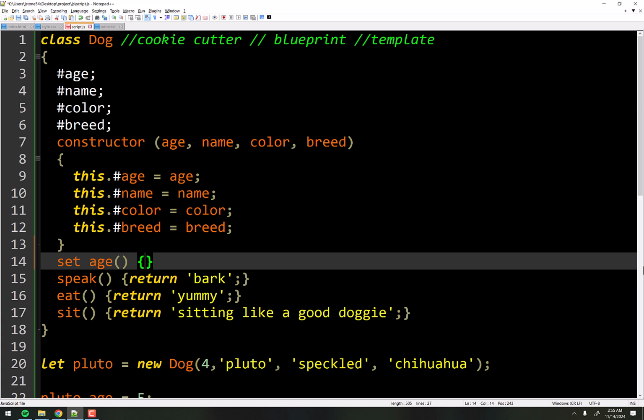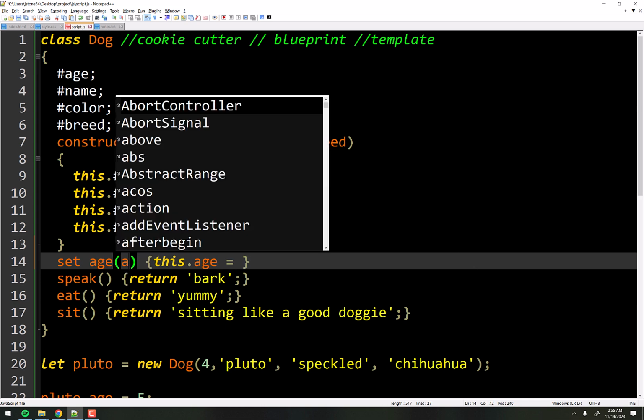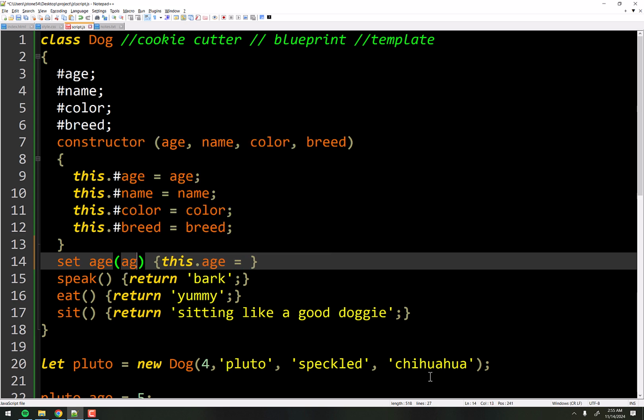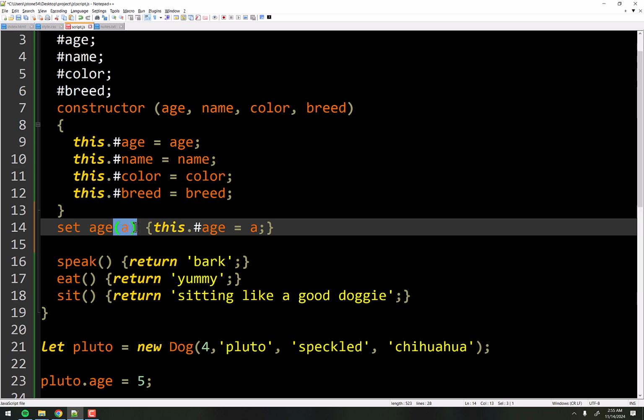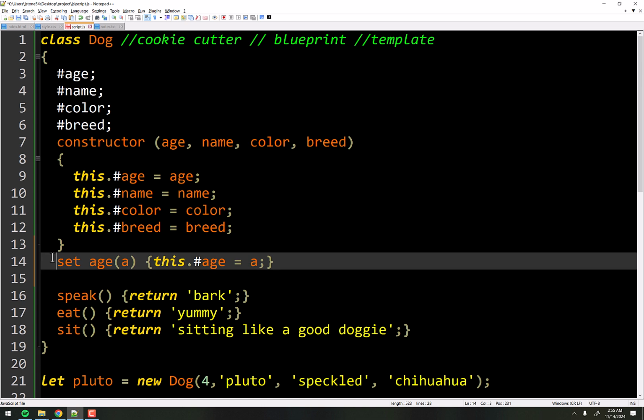So we're going to say this dot age is equal to whatever variable gets passed in there. We could pass an A there, we could pass an age there, whatever. We'll just go with A. So we'll say this dot age, and we need to make sure we put that octothorpe in there. So what line 14 is doing is making a function that can take in a parameter, and the parameter value that'll go here will get assigned to this. And this function is public.